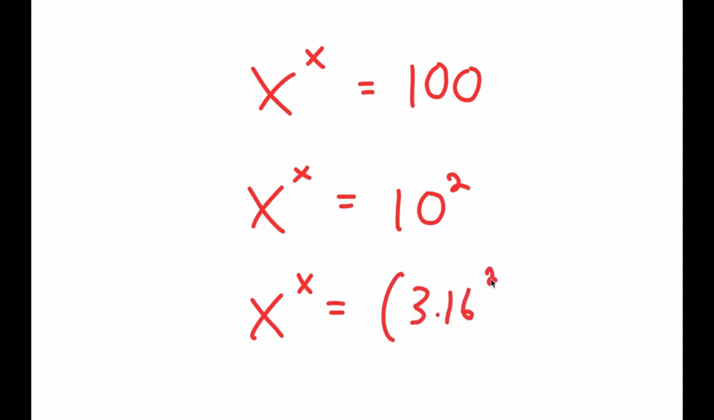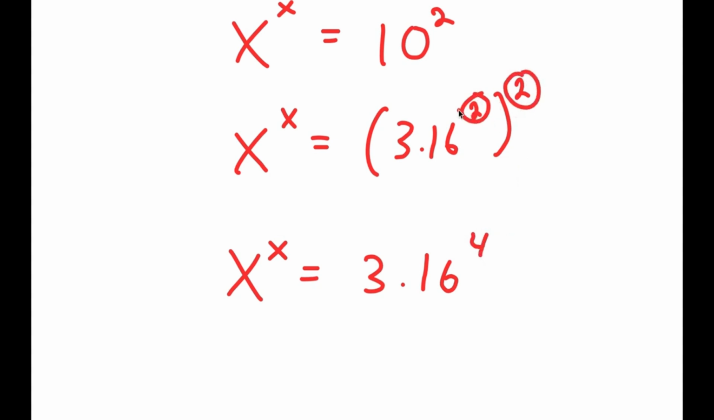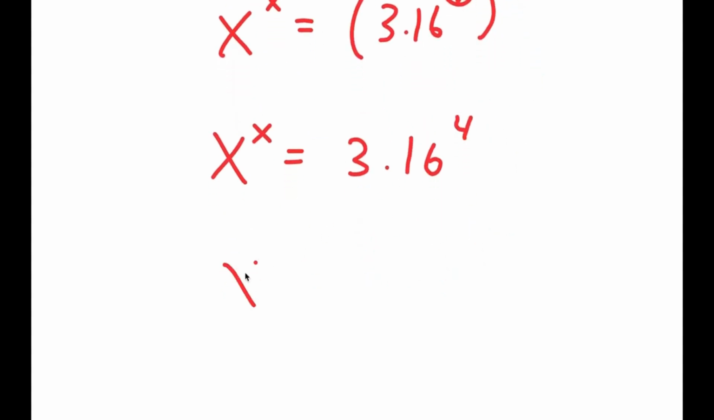3.16 squared to the power of 2, because 10 is the same thing as 3.16 squared. Now, this is the same thing as 3.16 to the power of 4, because these two multiply. And now I can rewrite 4 here